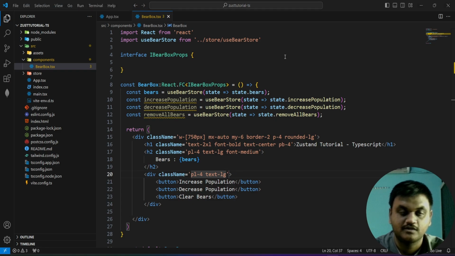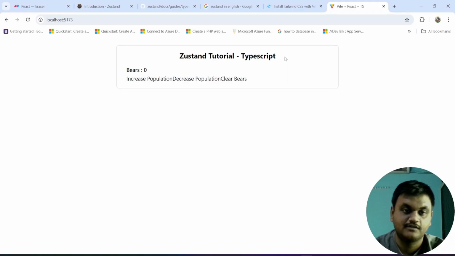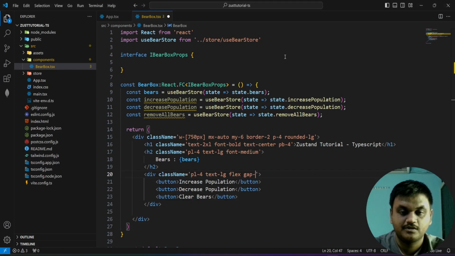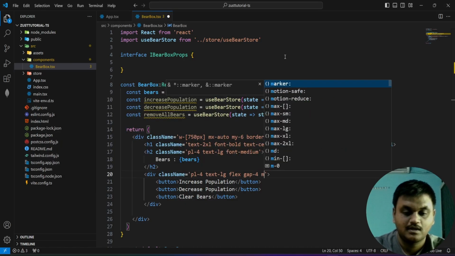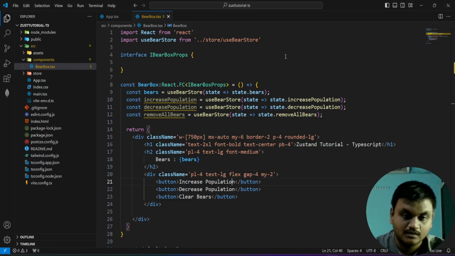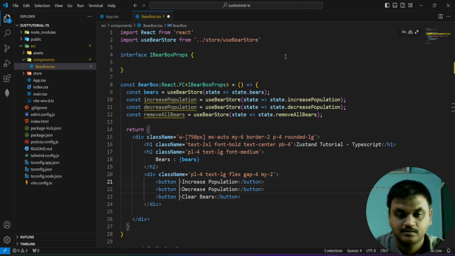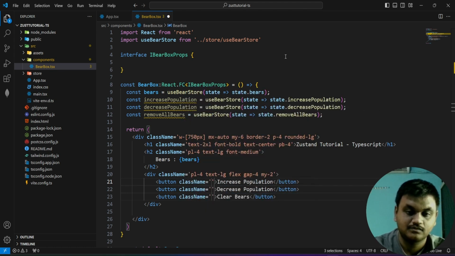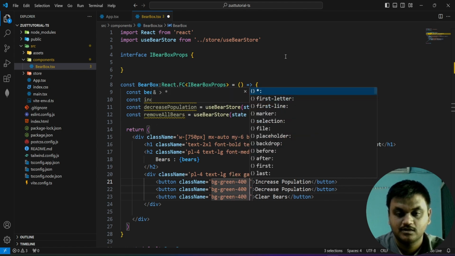Okay, moving on, I'm giving a flex box, and gap I'm going to give 4, and py-2 in each and every button. Selecting the class of bg-green-4, text-white,